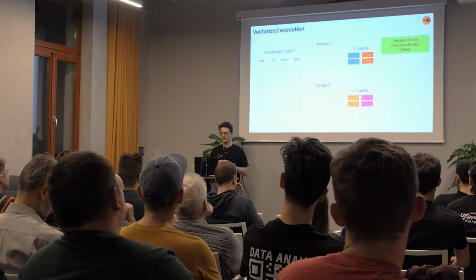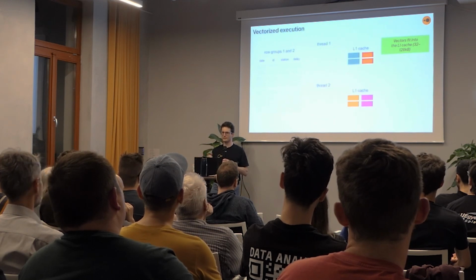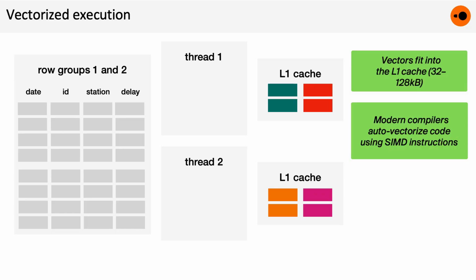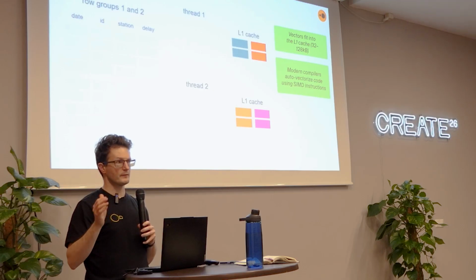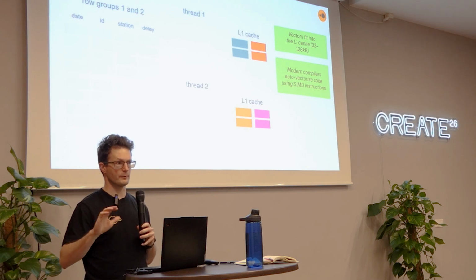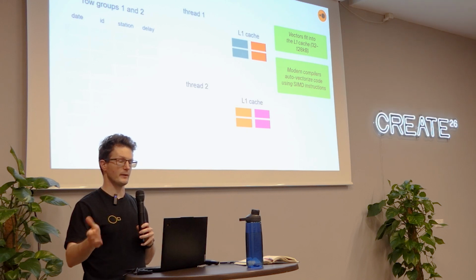layout with vectorized processing. And one of the things that people like to ask is, why didn't DuckDB exist 15 years before? And one of the main answers is that you need a modern CPU compiler to auto-vectorize your code. We make sure that our code uses tight loops, we use branchless code, so that the compiler can do its magic and turn it into SIMD, single instruction, multiple data instructions. This is something that is only available in modern compilers roughly 10 years ago. 15 years ago, you would have to do it in basically writing SIMD intrinsics, which is not much easier than